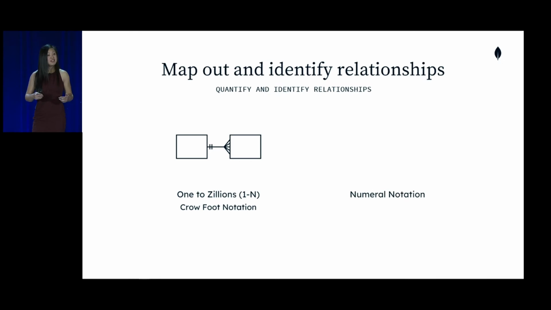And more specifically, we added a numeral notation to be able to describe that. So in this, you would have the minimum. What is the minimum amount of this particular entity that you are expecting? What is the maximum amount that you're finding for this entity? And then a third portion, which is the likely amount. In this way, because zillions is so large, this is a better way for us to understand these are the more likely parameters for this particular entity. So just keep that in mind as you start to think about the relationships in your data, as you're finding all the different entities and relationships within your data, that if it doesn't seem to fit in the one-to-one, one-to-many, many-to-many, maybe this applies.